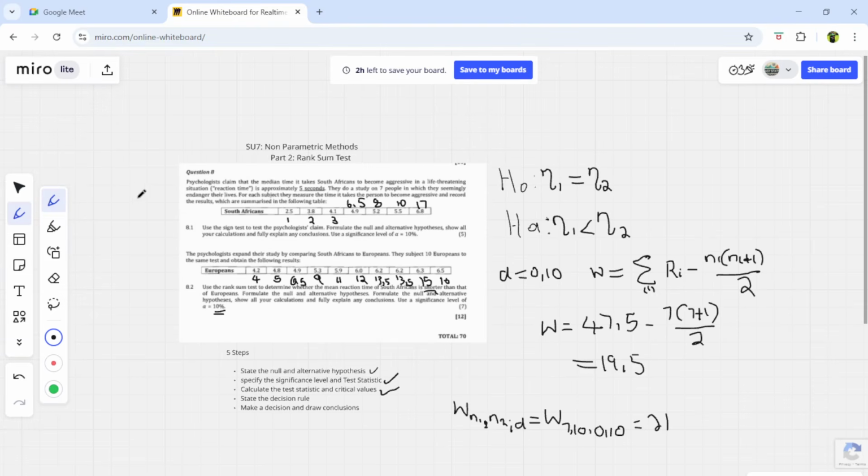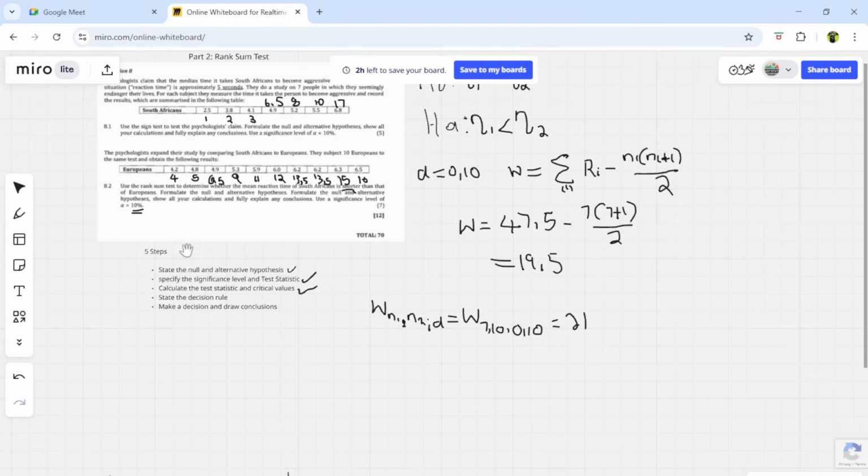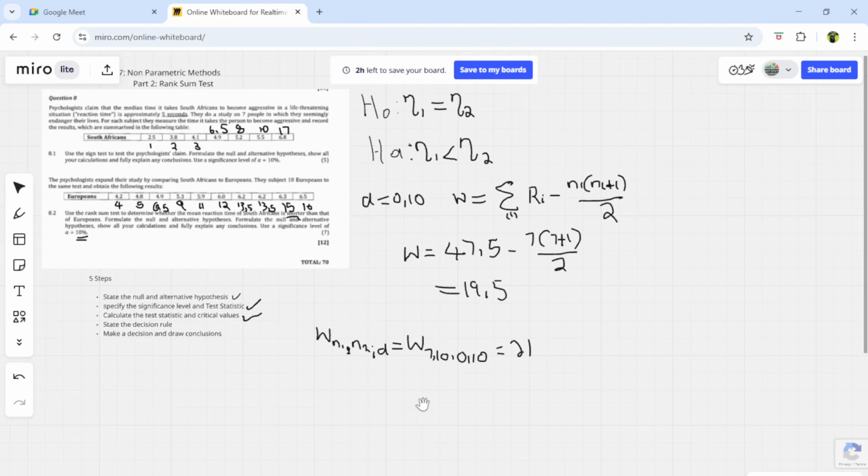Now that's your first critical value, like I said. And then for the second critical value, you're going to say N1 multiplied by N2 minus W of N1, N2, and alpha. So that is equal to